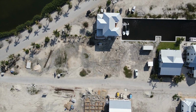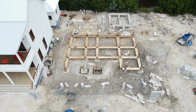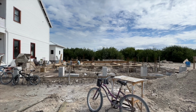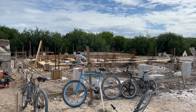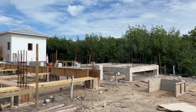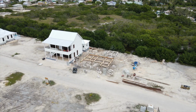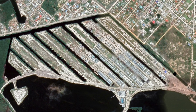Let's move into some of the houses now. So let's get into the buildings, guys. The first building is at the front of Street 1. It is a commercial building, very similar to the Barcade floor plan, and this is going to be office space. As you've probably seen in our other videos, the front of the streets is designated for commercial. So the whole project is a master plan community. Everything is laid out quite clearly and concisely, so you don't have to worry about what's going to be beside you. Certain areas are residential, certain are designated commercial, and you can see in that building the foundation and piles